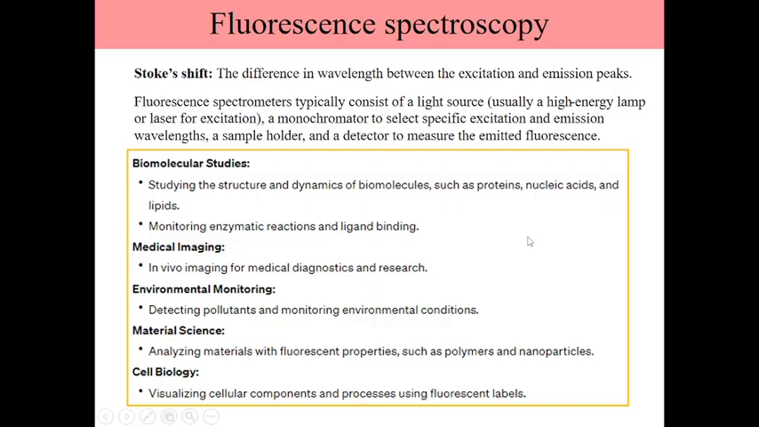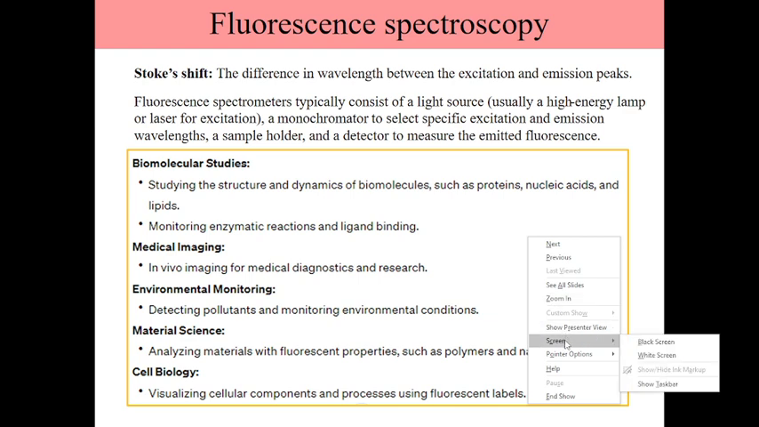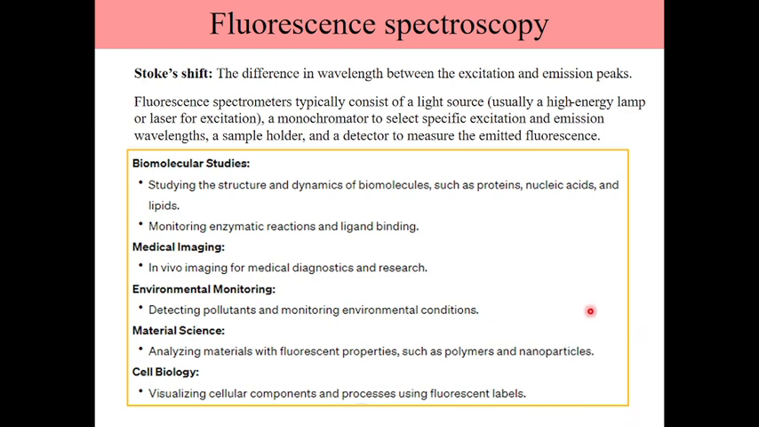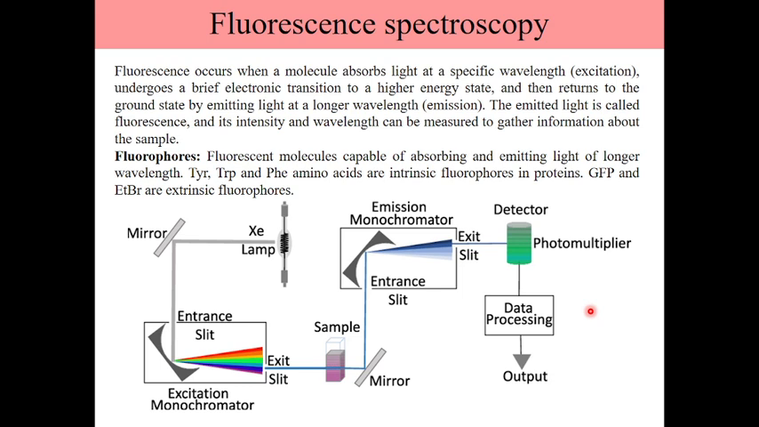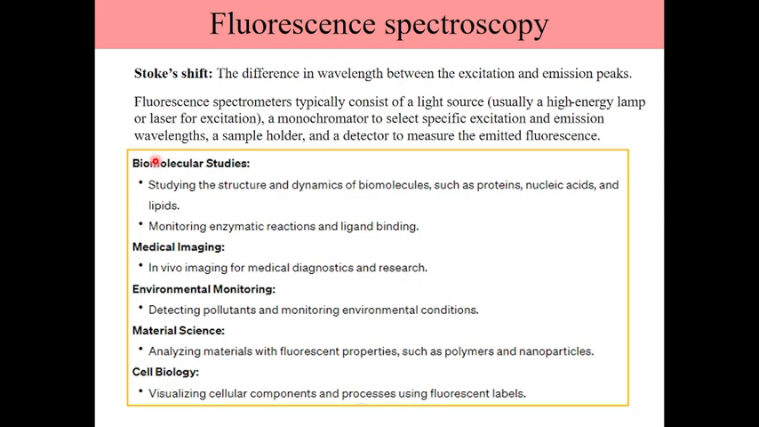Okay, so we were looking at fluorescence spectroscopy, right? So in the previous slide, we understood the instrumentation of fluorescence spectroscopy, and we also had a look at the fluorophores. We had a look at what fluorophores are. All right. Now there is another important concept. So the difference in wavelength between excitation and the emission peaks should be more than or equal to 10